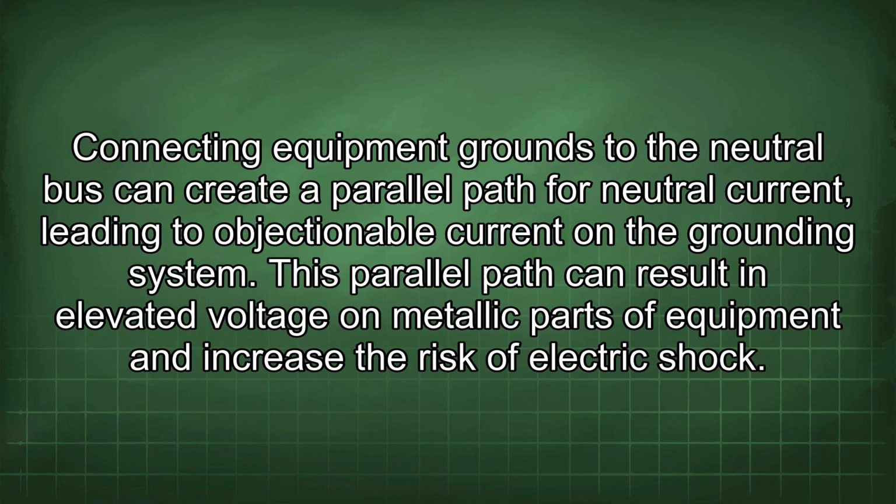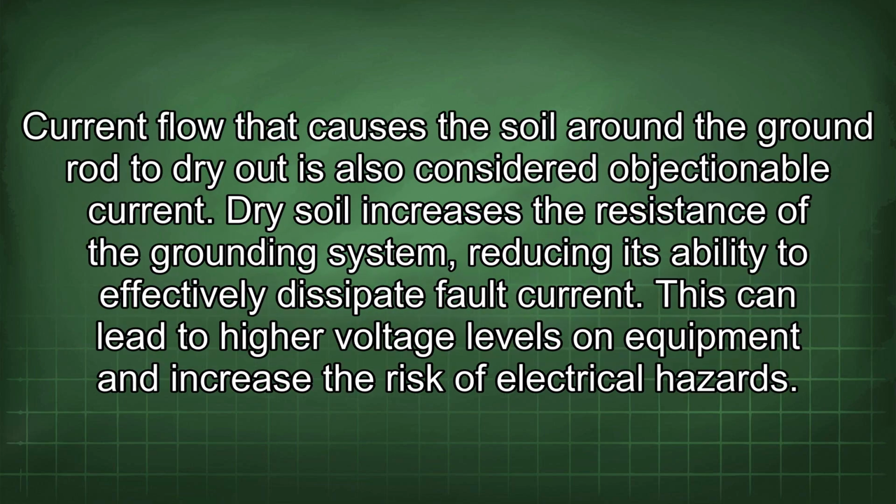Connecting equipment grounds to the neutral bus can create a parallel path for neutral current, leading to objectionable current on the grounding system. This parallel path can result in elevated voltage on metallic parts of equipment and increase the risk of electric shock. Current flow that causes the soil around the ground rod to dry out is also considered objectionable